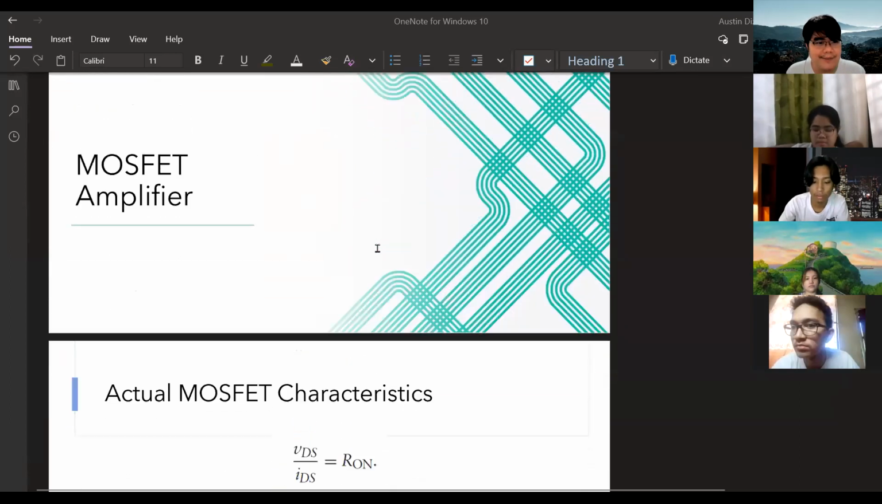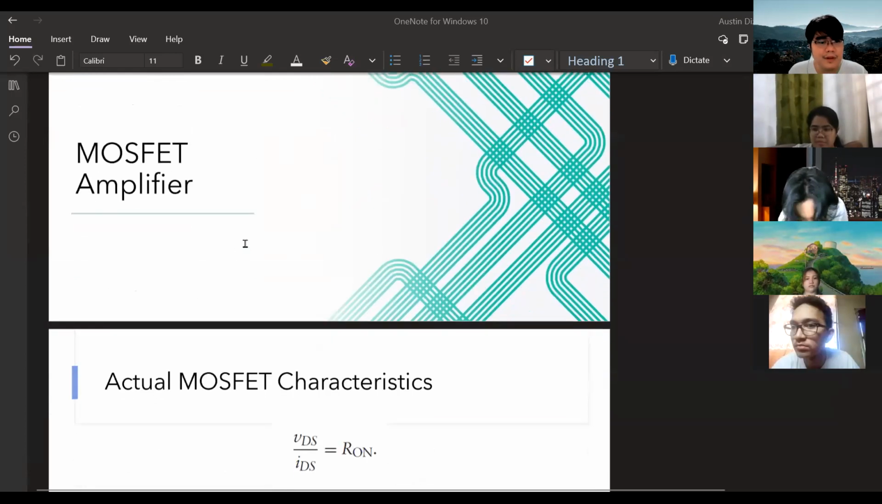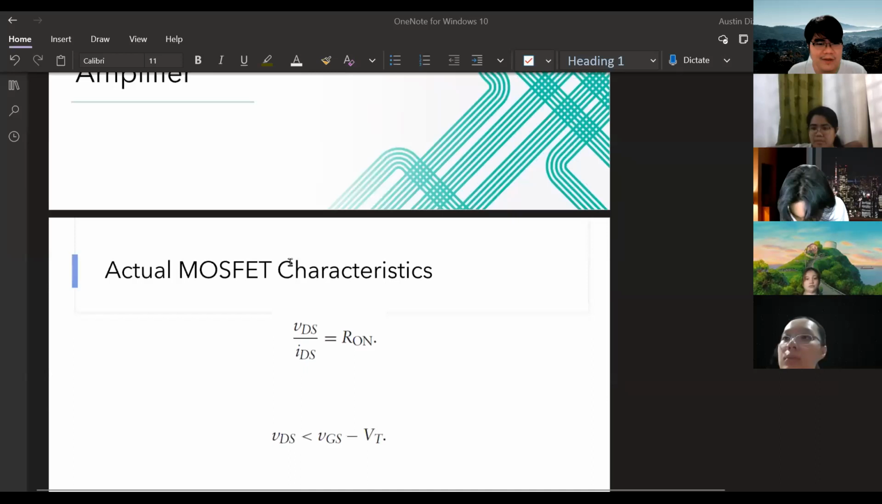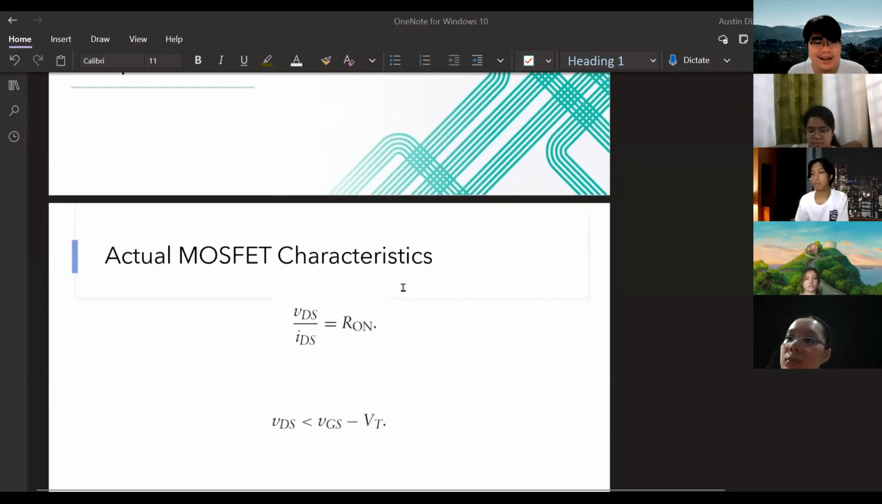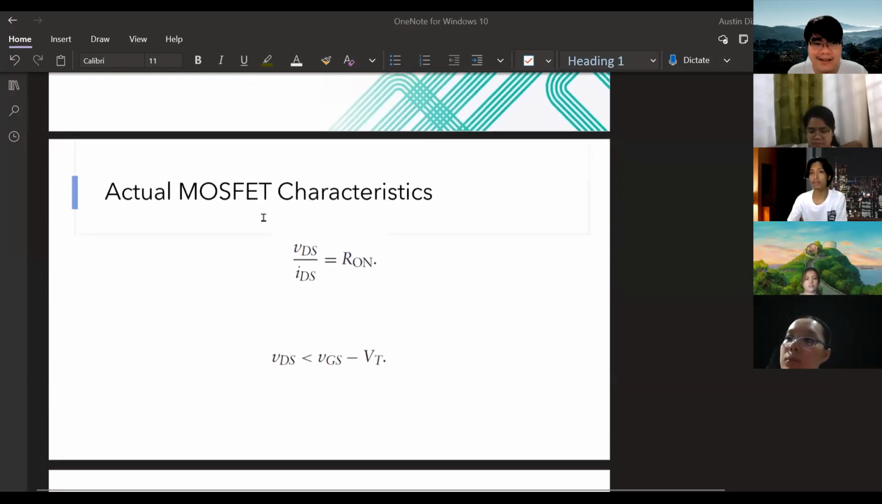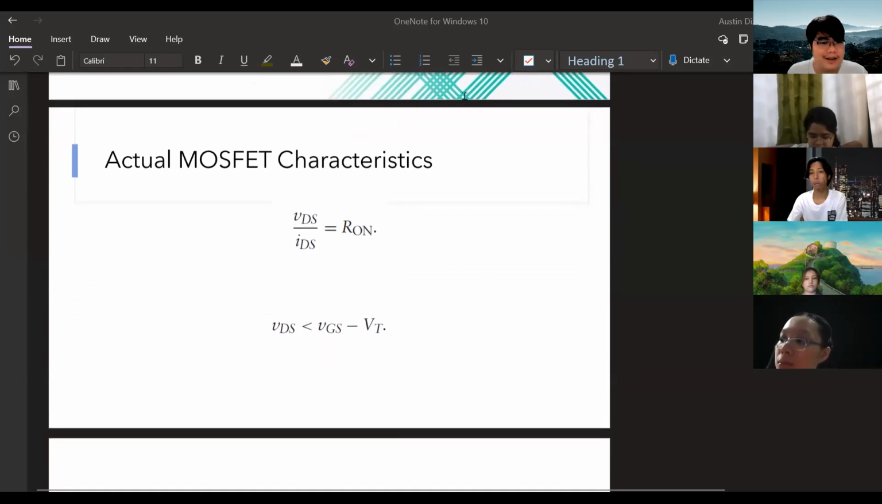Okay, for this new topic, MOSFET amplifier naman yung pagtutuunan natin ng pansin. Okay. So, yung actual MOSFET characteristics, actual, no? So, hindi na siya mga model. Yung model na natin siya sa legit na itsura niya. So, from last time, alam natin ito, na VDS over IDS is just yung R-on from the SR model. Okay. Ngayon, it turns out that this relation